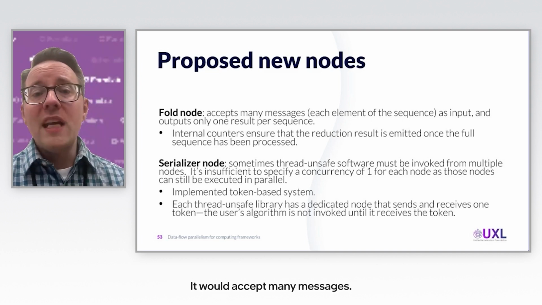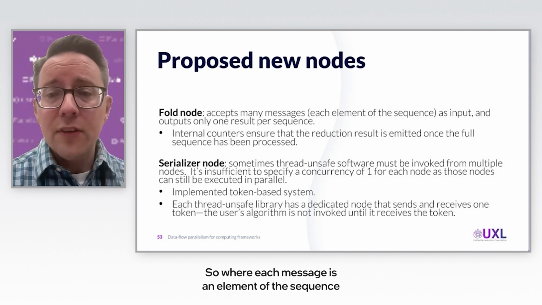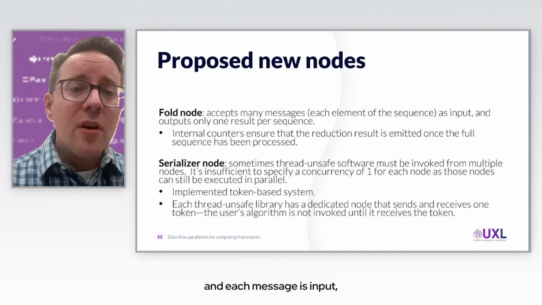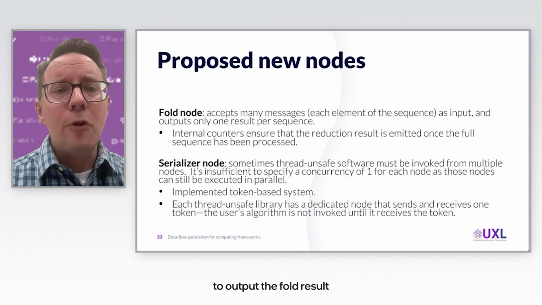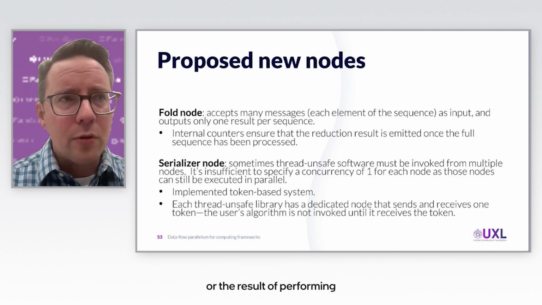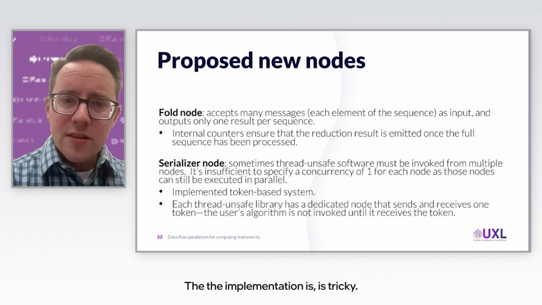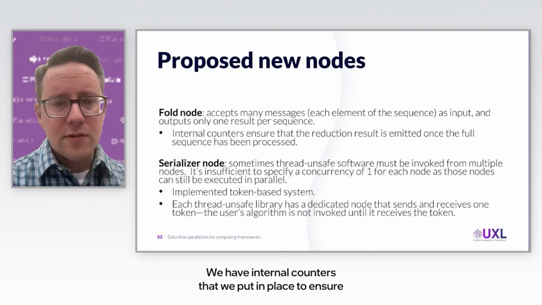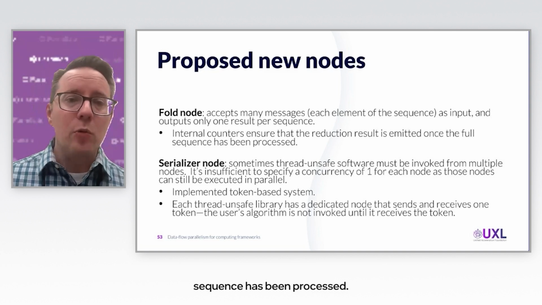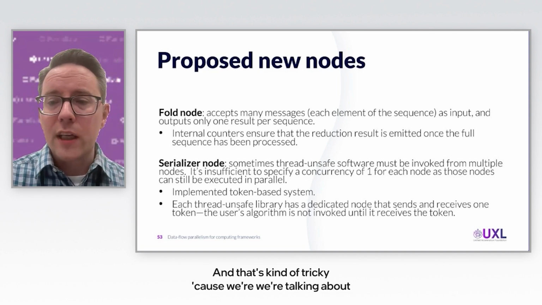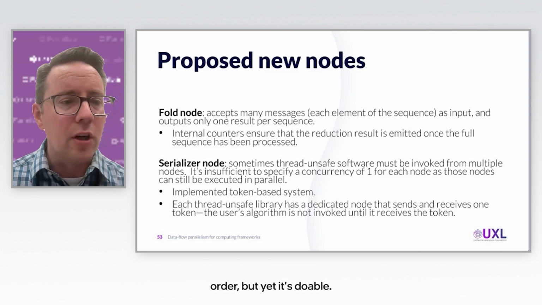It would accept many messages, where each message is an element of the sequence, and each message is input, but then the responsibility of the fold node would be to output the fold result, or the result of performing that reduction over the entire sequence. The implementation is tricky. We have internal counters that we put in place to ensure that the reduction result is emitted once the full sequence has been processed. And that's tricky because we're talking about multi-threading, and things don't necessarily appear in order, but yet